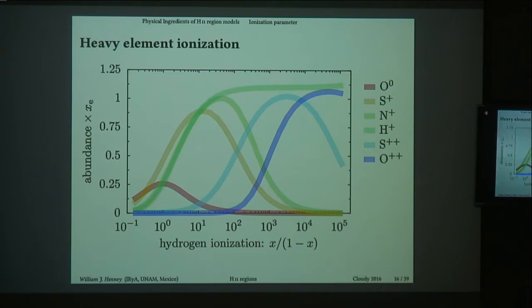So this is the explanation for those multicolor RGB colors of H2 regions, where if you look at the line of oxygen 3, for instance, that comes from O++, then this is the abundance of oxygen plus, and here we multiply by the electron fraction to give something more or less proportional to the